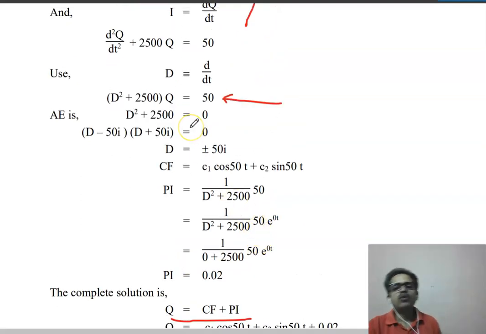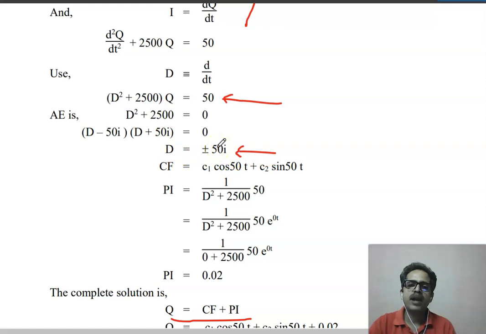So first we have to find CF. As I said, consider phi D equal to zero. Apply the formula A square plus B square as A minus iB, A plus iB. We can get the roots. We obtain these two roots, and the roots are imaginary and distinct. We write CF. While writing CF, we have to use the variable t.